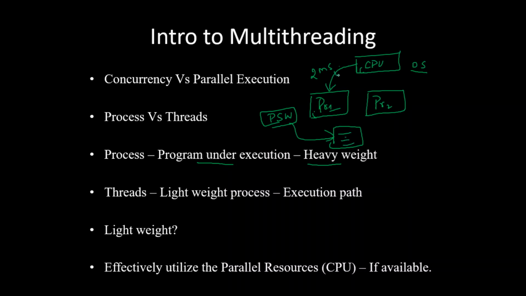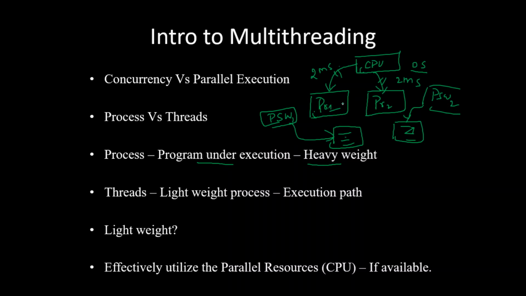So operating system will ensure that every state information of this process is stored here properly. Then only it can make the CPU context switch from process 1 to process 2. Again it will execute process 2 for say 2 milliseconds. Then once again it wants to context switch to process 1. Now once again, before context switching, the state information of process 2 should be saved, and that will be available in PSW. We will call this PSW2, this is PSW1. Again this should be saved, because when it comes back, process 2 also should start executing from where it left previously. Okay, so now when the control goes to process 1, whatever was previously saved will be loaded back, and again it will start executing.